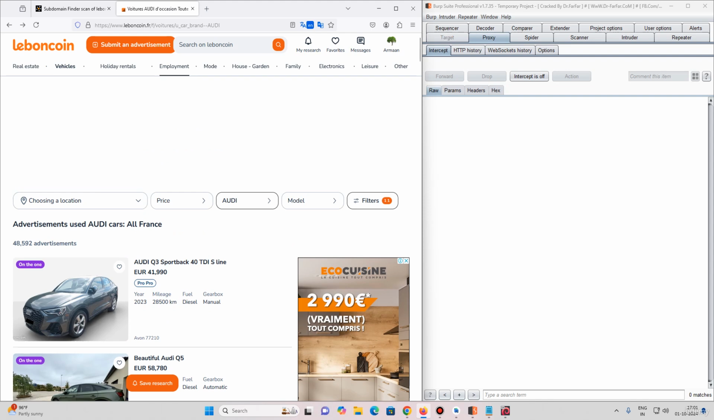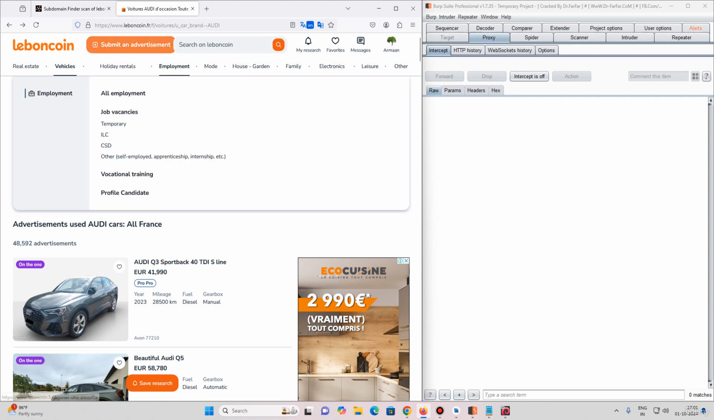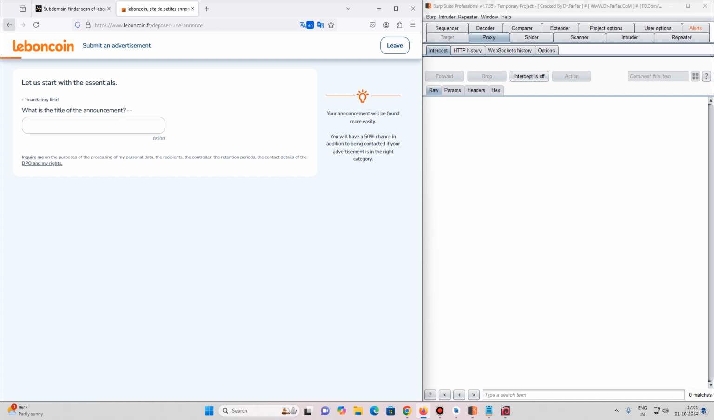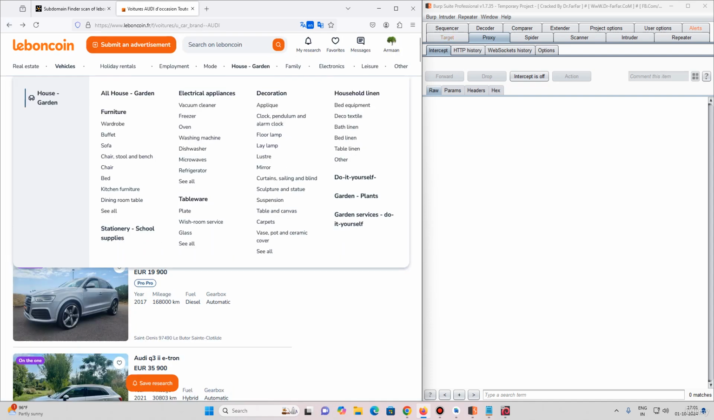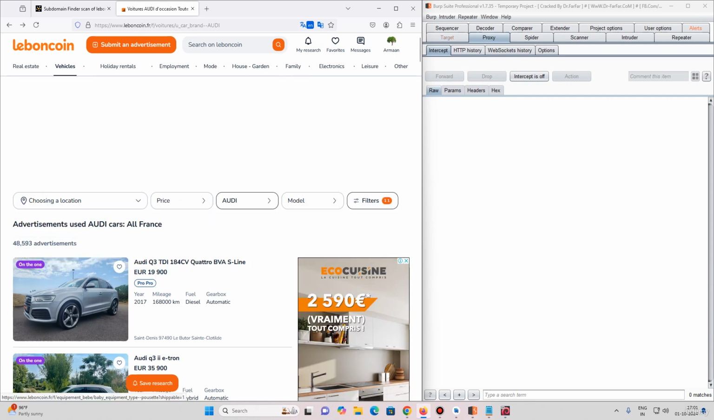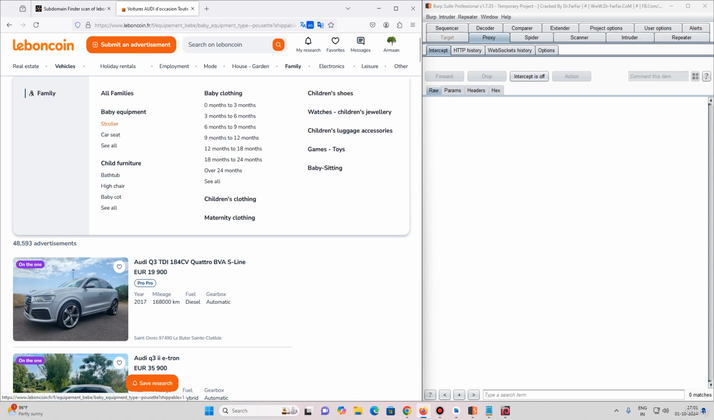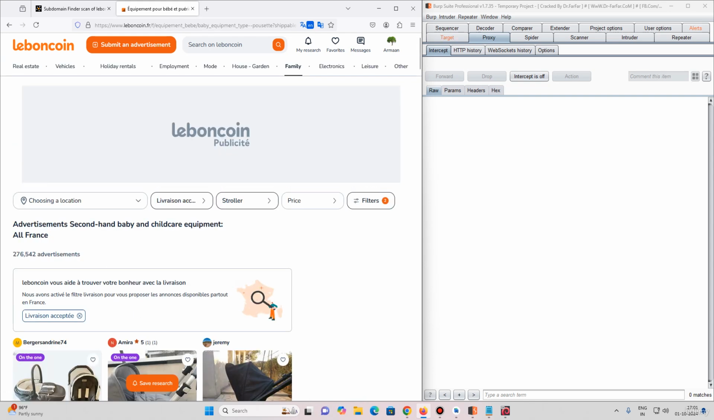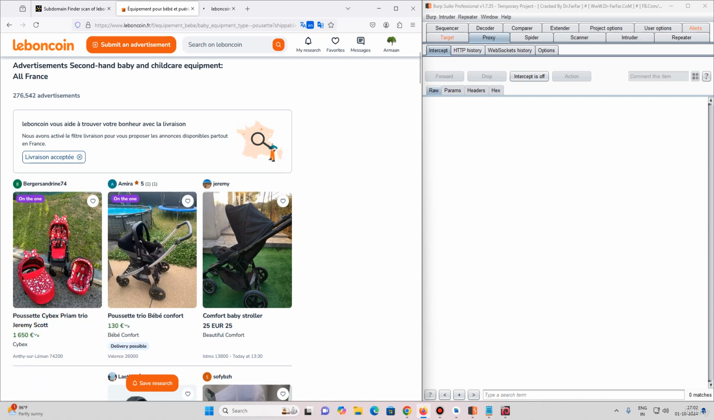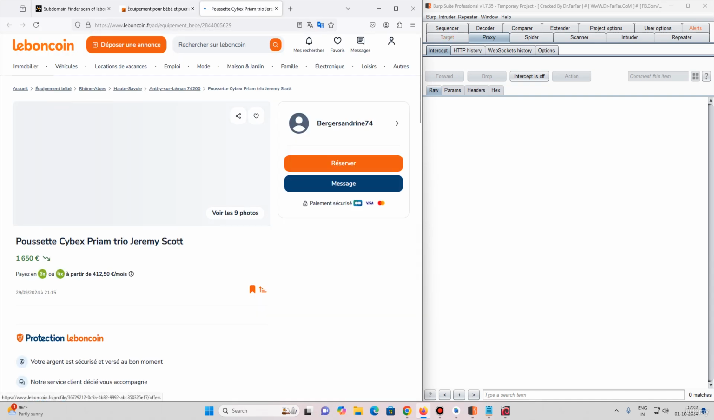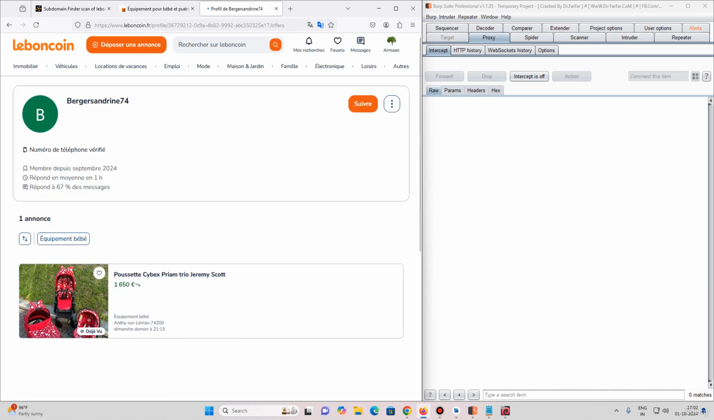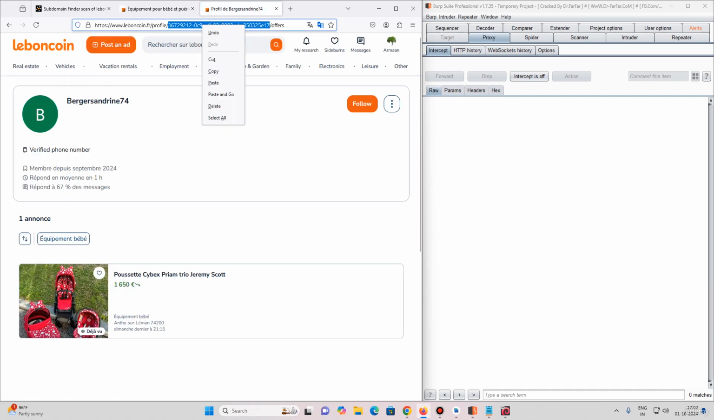For example, I go to employment, it says submit an advertisement. Oh, the same thing. I go over here, I want to buy a stroller. Okay, so here's that particular user. This is that particular user. If I click on this, most probably this is their user ID. I'm not sure because the user ID gets reflected in here,